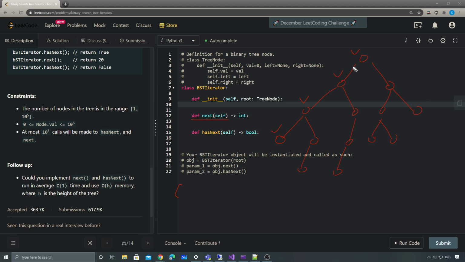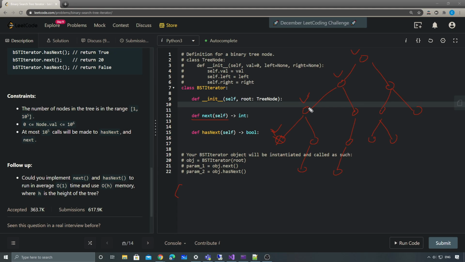As you can see here, we are only storing the leftmost nodes. So when we do the first next, this node will be popped. And I think this is good, because this node doesn't have anything. It's the leaf node. And now we have this one. Now the stack only has three nodes, which is this one, this one, and this one. And the next time when we pop the next,